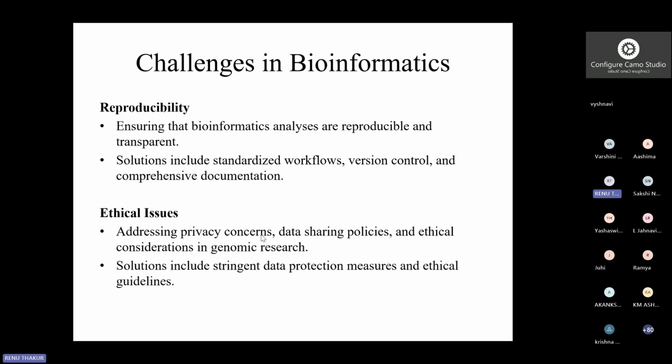Okay, so this is what is happening. The reproducibility is lacking there. We can't just expect the same workflow to work over and over again and give the same result. Okay, so to avoid that,